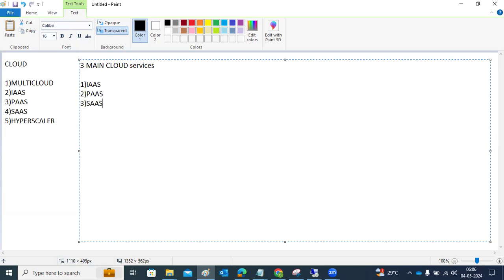So what is infrastructure as a service? Infrastructure means it's like renting a computer in the cloud. In the cloud, we are renting virtual servers, storage, network, only infrastructure. If you want to run an application or software, what do you require? You need the infrastructure, meaning the network, the CPUs, hardware, and memory. All of this comes into the picture.